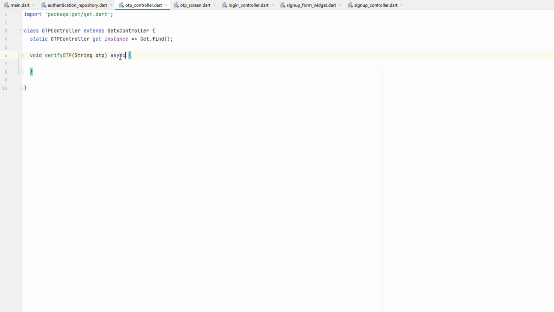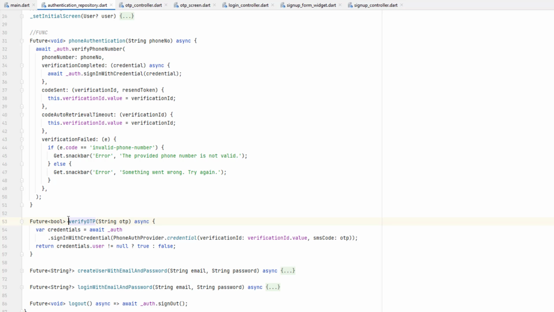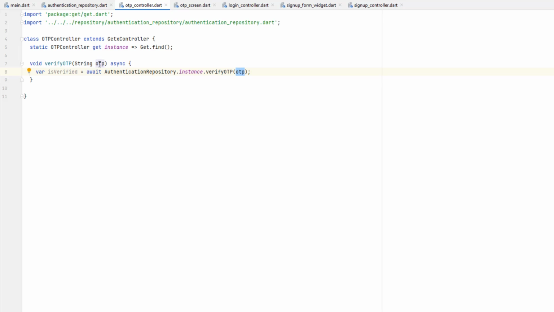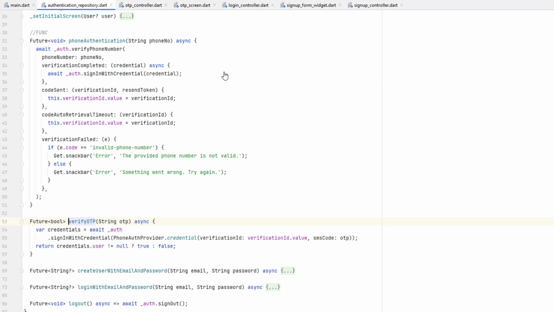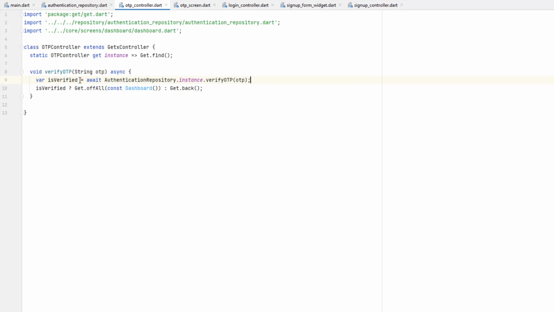We will pass a string and it will be an async function, because we want to use the same authentication repository instance again, but this time we are not calling phone authentication, but the second function, which is verify OTP. We will pass the OTP inside this function, and you can see we are getting whatever the result is inside is verified, because this function returns a boolean, and using this is verified